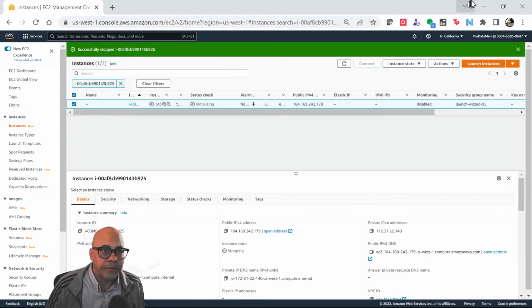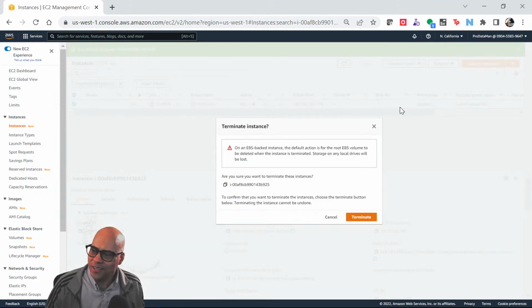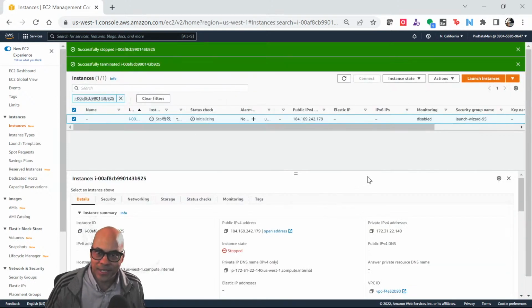All right. So that thing is stopped, but I don't want it stopped because I'm never going to use it again. So I'm going to terminate it because, again, a week or two from now, I'll be like, what is this server? I don't know who made that, so I'm just going to leave it there. And then it's just there hanging out for the next 3 years. So I terminated it, which means it's going to delete it from my list.